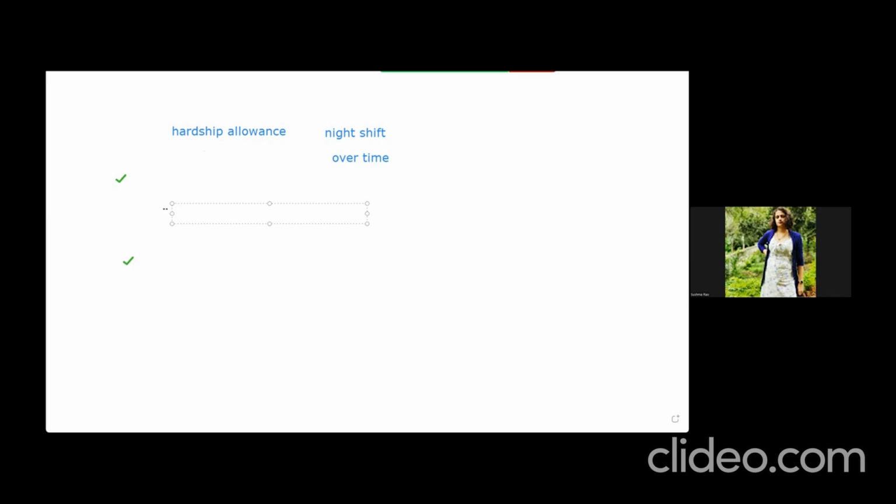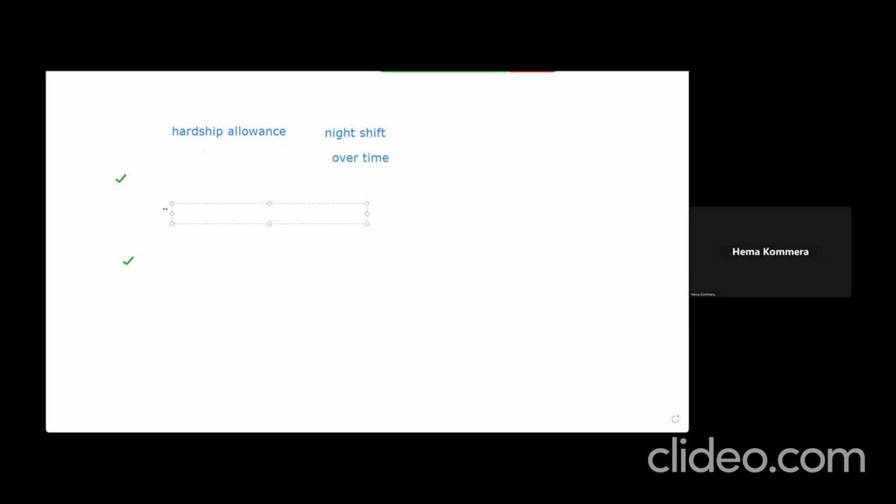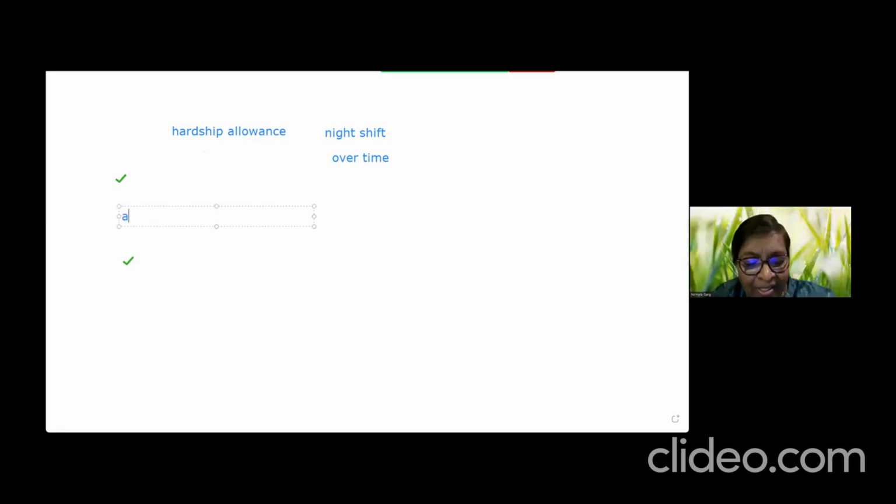Now, should this accountant who is traveling get some money over and above what he is actually getting as a salary? Yes, something like a travel allowance or conveyance allowance. He also has to get something for the risk, and maybe if he is working extra hours, something which substantiates that difficulty, that hardship. And also to compensate the fact that it's a risk to carry the cash and give it somewhere else. So this accountant is excellent.